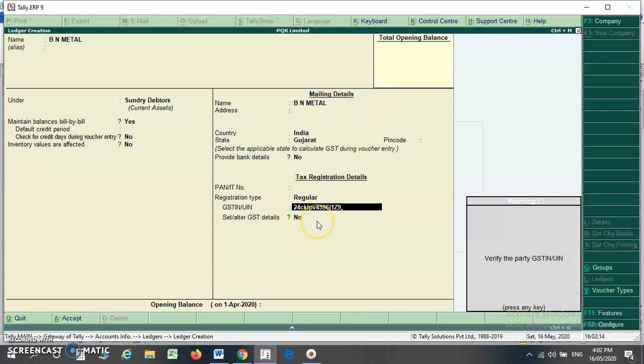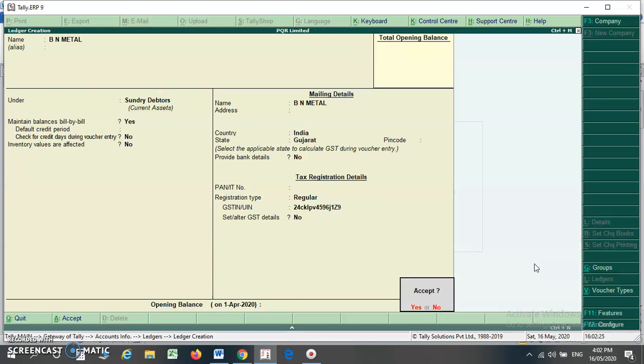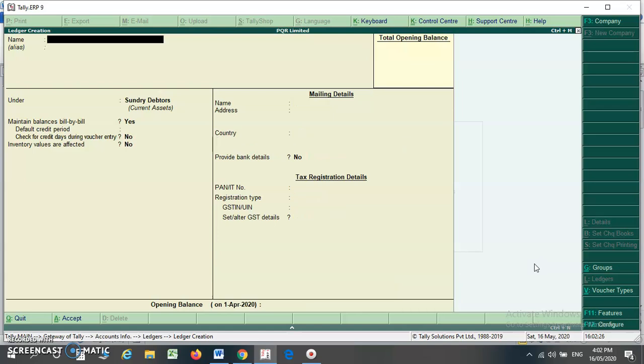Remember that if your GST number is wrong, then it will show a pop-up warning message, verify party GST number. So I am keeping it as is. So in this way you can create your party ledger account for debtors or creditors. So this is the video for the basic understanding of how to enable GST in your Tally. In the next video